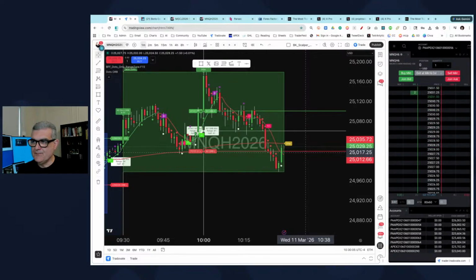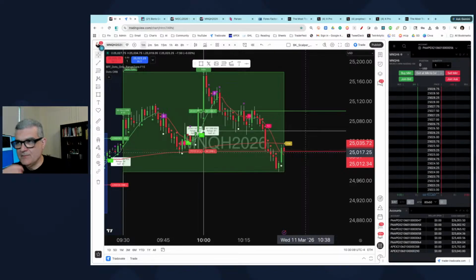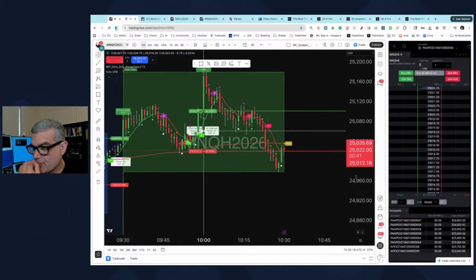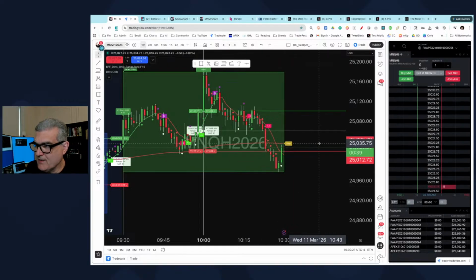So let's see. Second candle, we get a green dot here. We want to go long. We don't get a green dot here, we got nothing. That's fine. We'll stay patient. We do know that clearly the 960 now acts as support. We know that this is the area of attraction